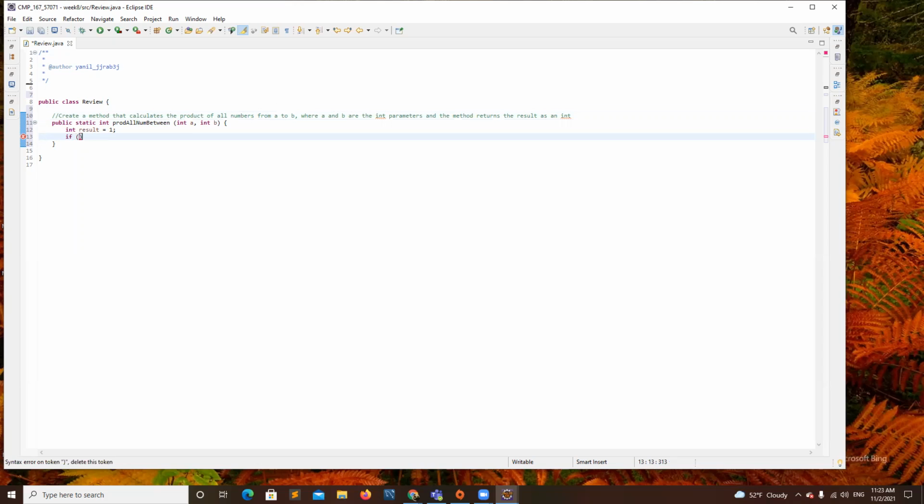So if A is less than B, and then I did a for loop. For int I is equal to A, as long as I is less than or equal to B, and then plus plus I. And then inside the for loop, I did results times equals I.